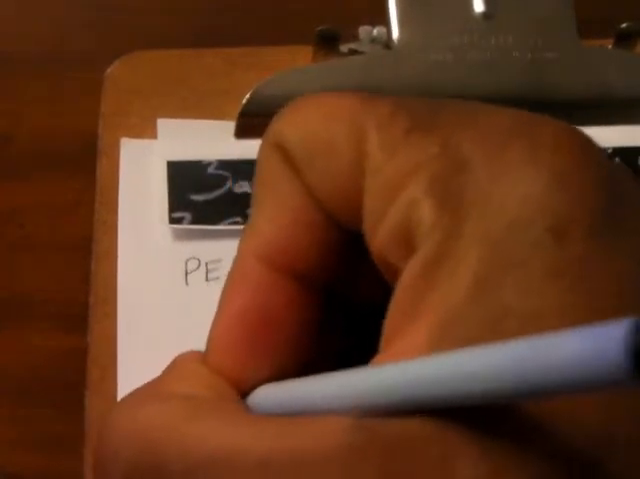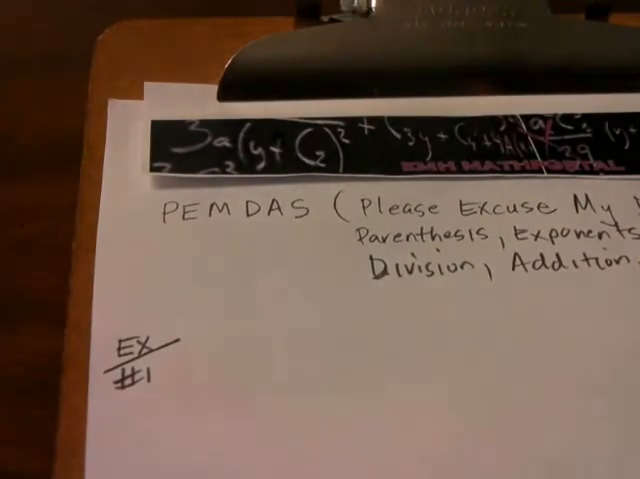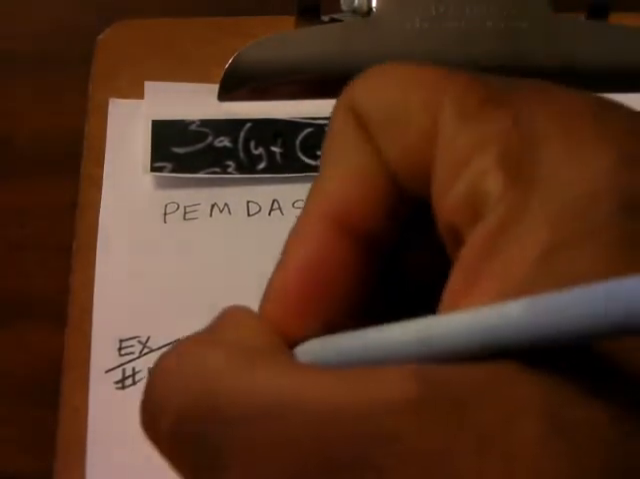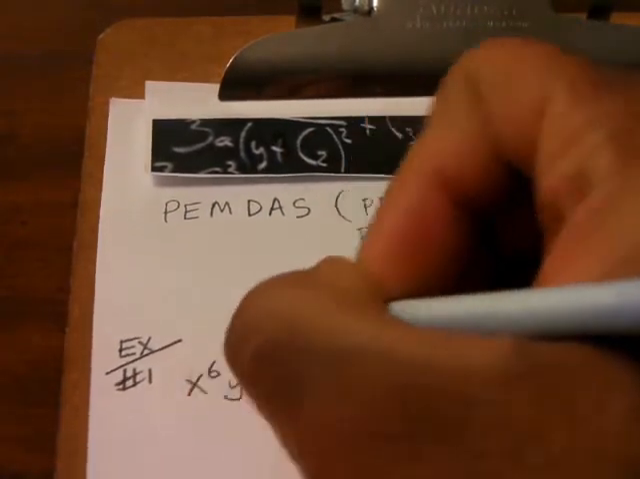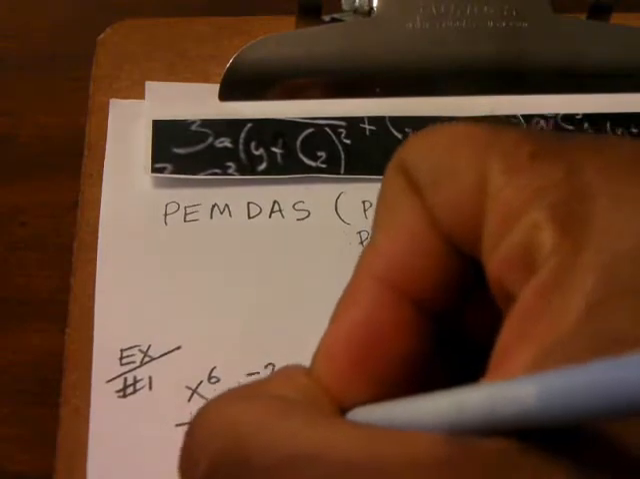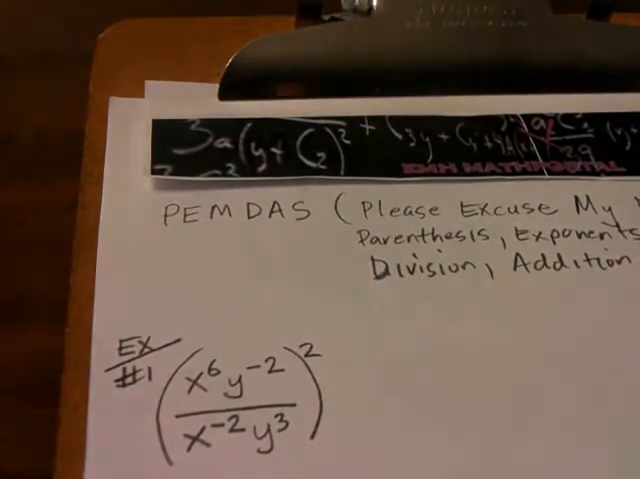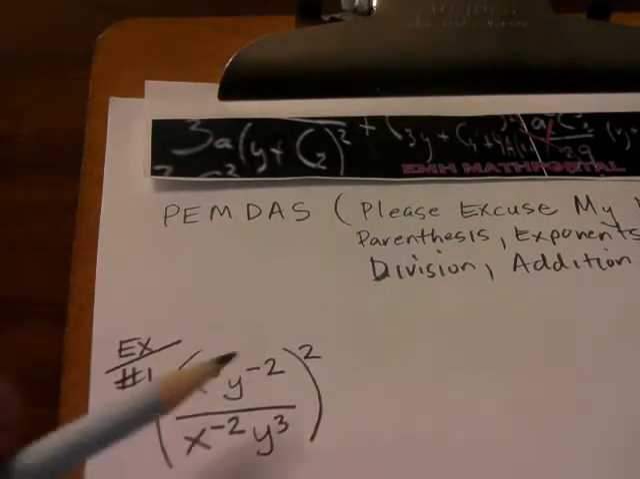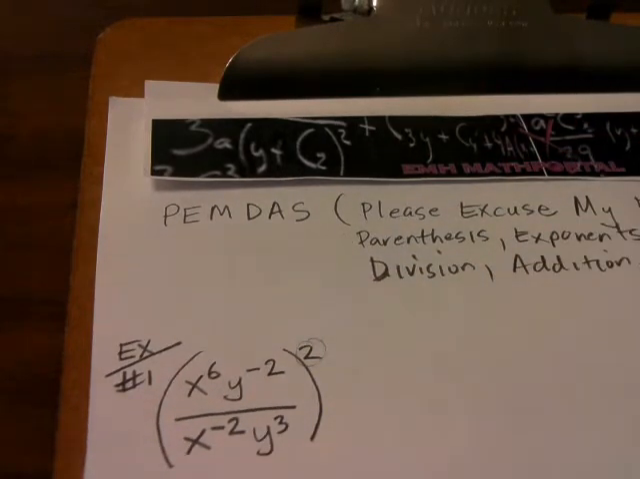For example, I'm going to write this expression, example number one. Example number one involves an exponential expression, x to the 6th power, y to the negative 2, over x to the negative 2, y to the 3rd, surrounded by the parentheses, raised to the power 2. So you have an expression involving the quotient rule inside the parentheses, and outside you have this power raised to power 2. So what we're going to do, we're going to kind of take it a step at a time